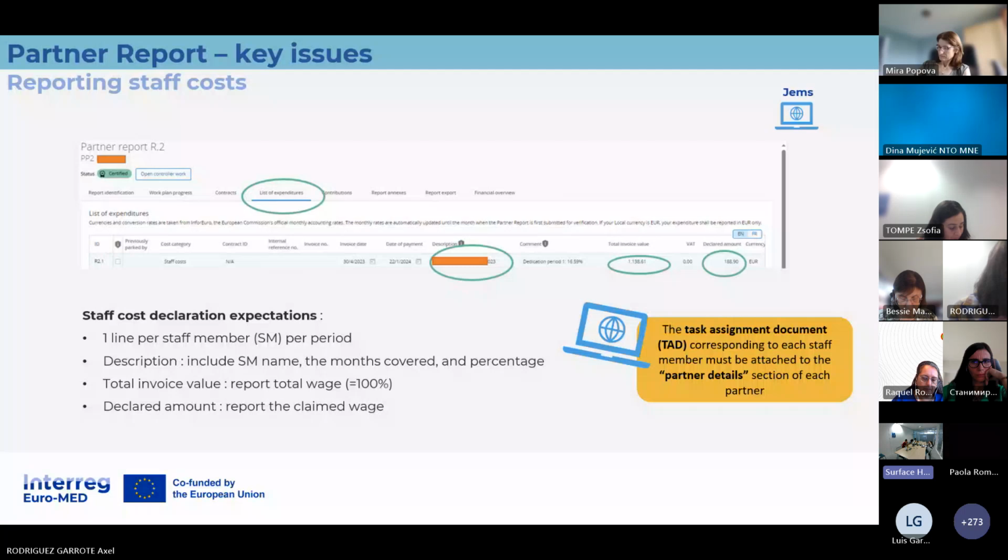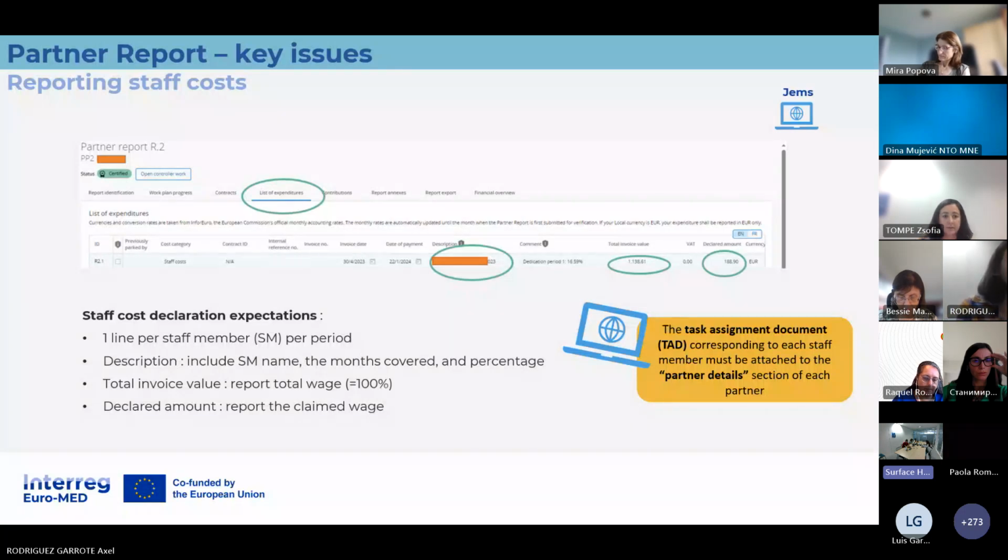Okay, another frequently asked question: what to put as the date of payment in case we have staff cost reported. There we recommend you put the last payment date related to the expenditures. And this is also a point of attention that this date should not be later than the end of the period, otherwise it is not eligible.